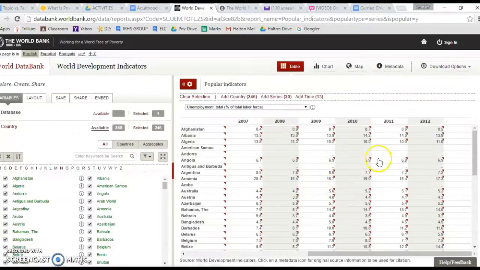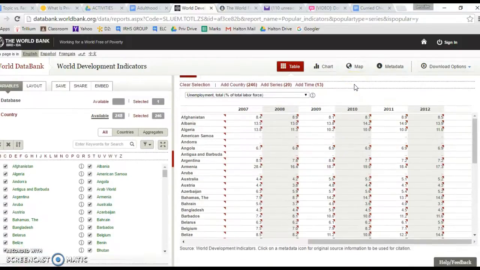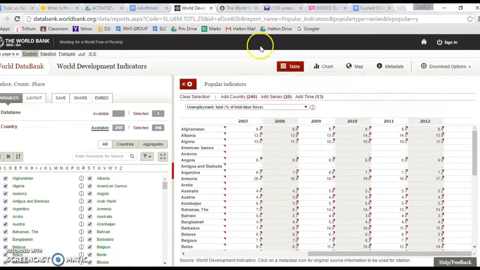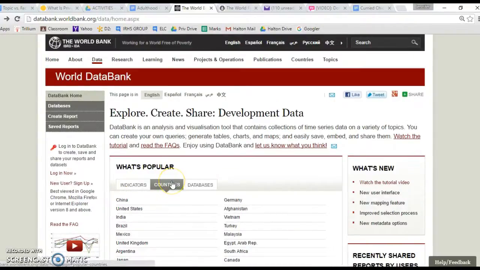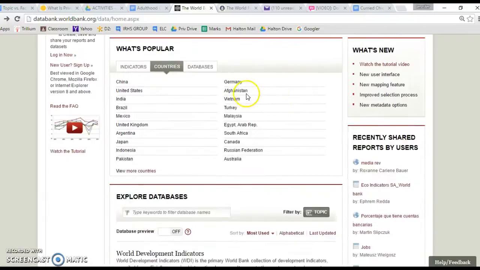you get the world over time. So you can even start to see trends here. You can figure out if a country is on an upswing or a downswing in terms of its unemployment rate, which might be really good to know. The other way that you can utilize this resource is instead of going by indicators, you can go by country. So once you've decided on your country, say you've chosen Vietnam,